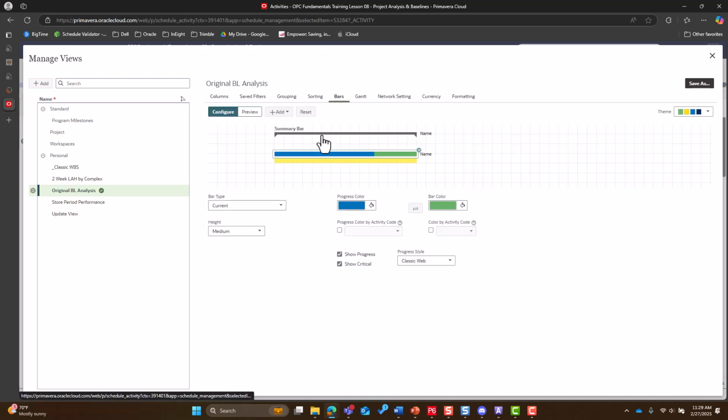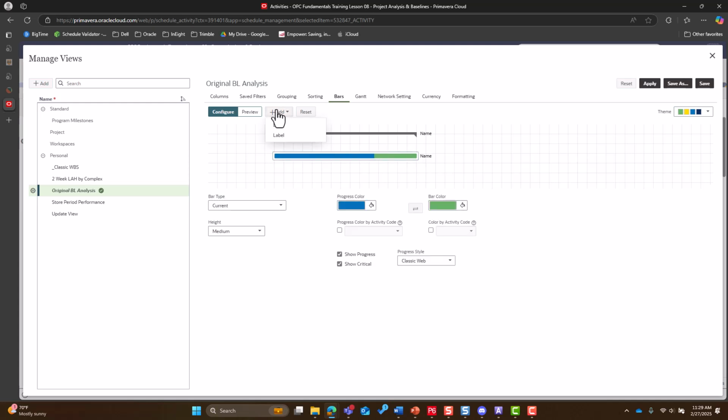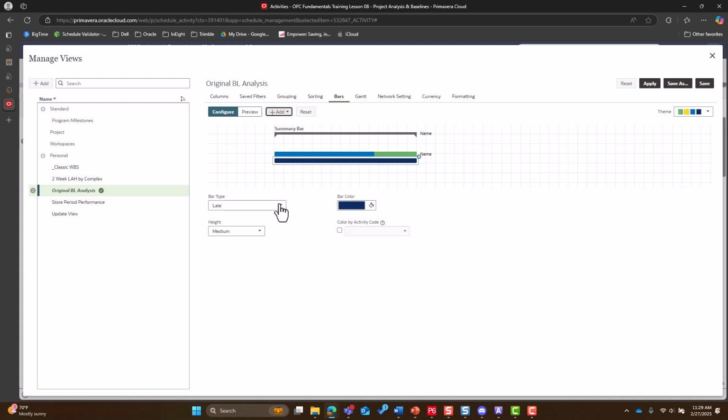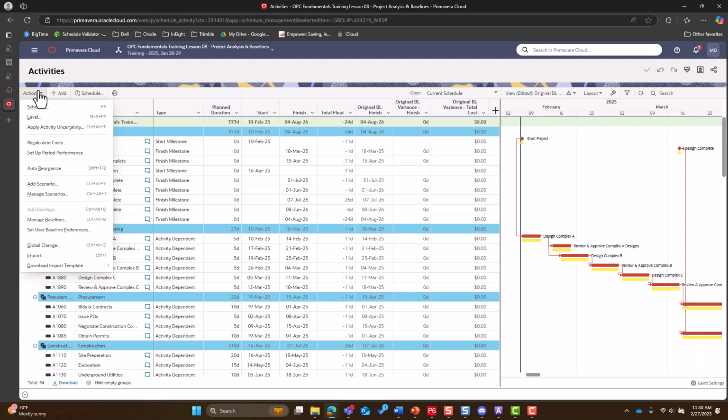For bars, in order to add in this baseline bar, you'll want to choose Add. And we'll add a bar of the type original baseline, choosing whatever color we want, and height. Applying this should give you a layout that will be beneficial for analyzing your current progress compared back to your original baseline. The last piece of functionality baselines have inside of OPC is going to be in our Actions drop-down